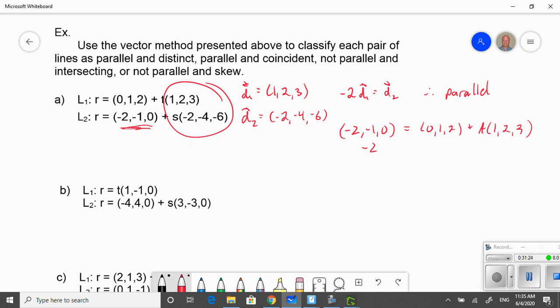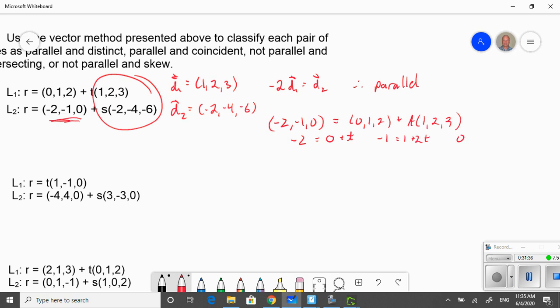Okay, so I've got -2 equals 0 plus t. Okay? And I've got -1 equals 1 plus 2t. And I've got 0 equals 2 plus 3t. Now, in this case, t equals -2. In this case, I've got